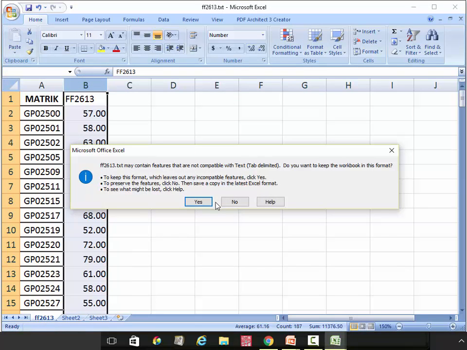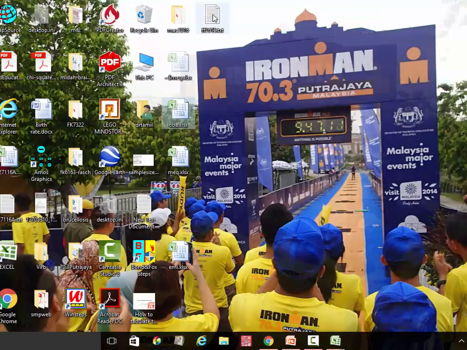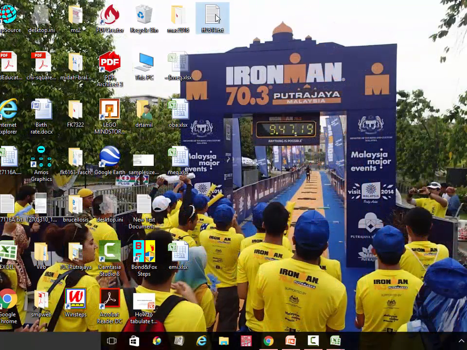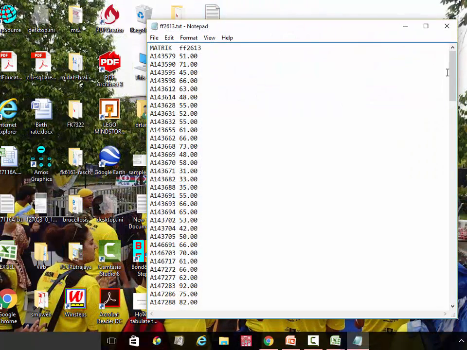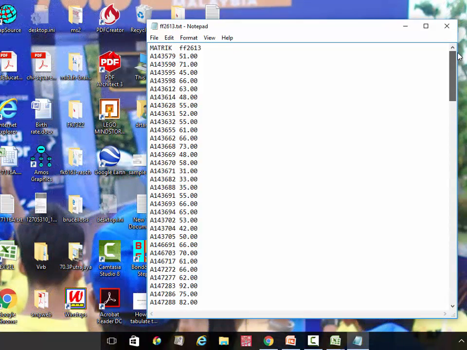Just click OK to everything. Yes, now you're done. So the file is here, the tab delimited file. So you have only 2 columns. The first column is your metric number, and the second column is your marks in 2 decimal point. Okay, so this is the one we are going to upload into the